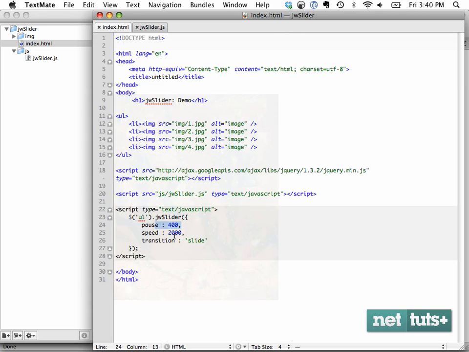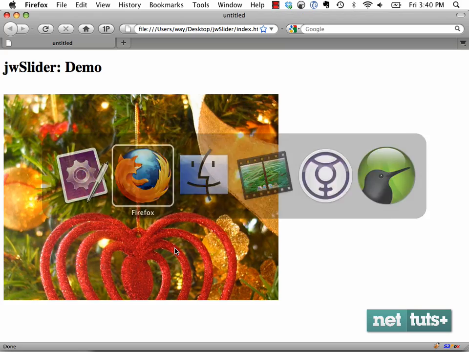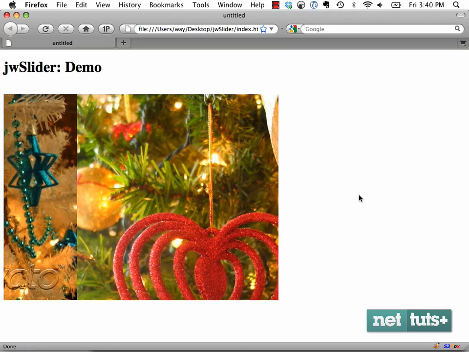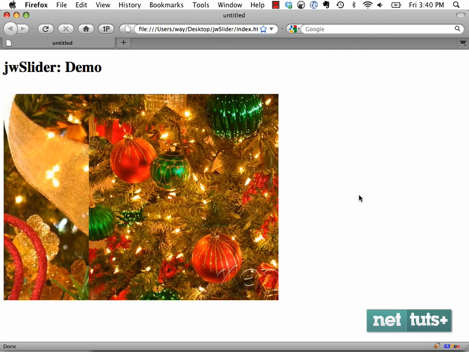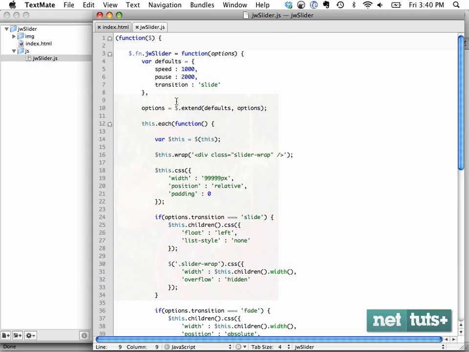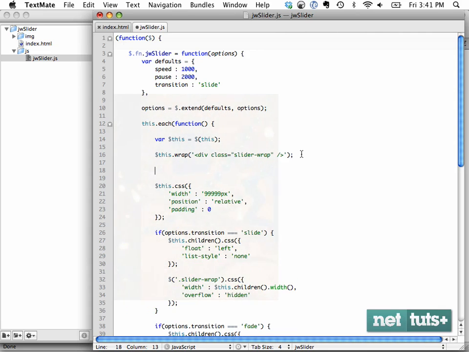So what we need to do now is add an if statement that listens for if that pause value is less than the speed, we need to adjust it and make it larger than the speed. It's kind of strange. So let's change it to 2100 and see if that fixes it. Yeah, see? And now it's working. So what we're going to do here is let's go to JW Slider, and within, where can we put this? Right here, maybe. And we're saying if